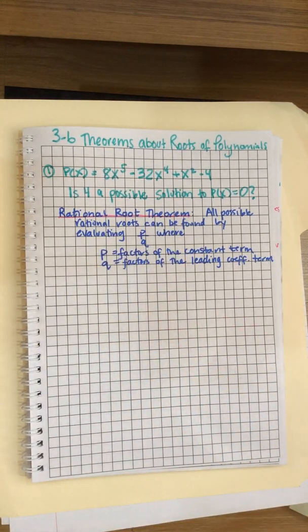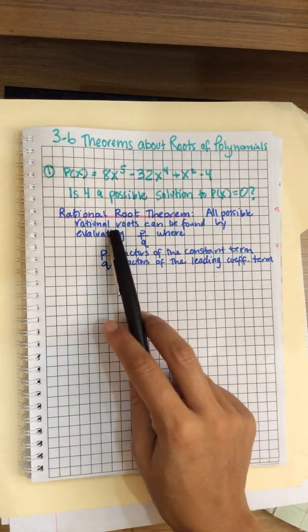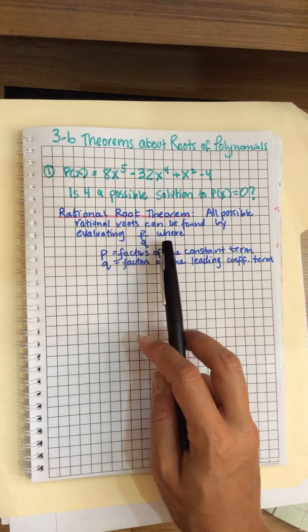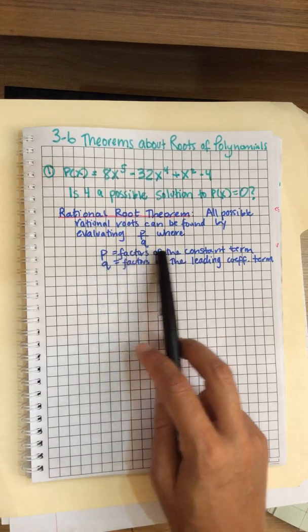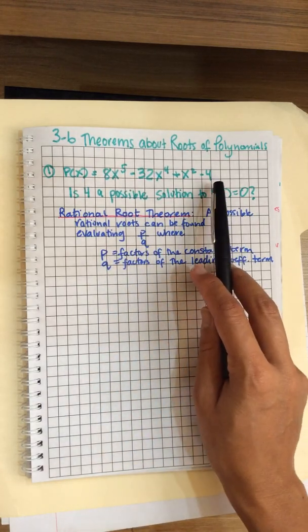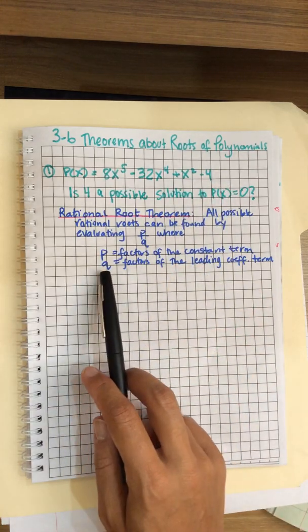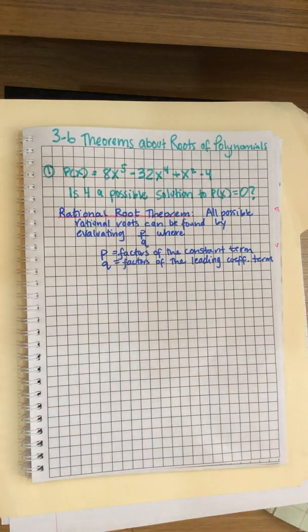So the rational root theorem is not exactly quick. It kind of takes some time, but it's a quick way to check if it's a possible solution, right? Because it gives you the list of all possible solutions. So it says all possible rational roots can be found by evaluating p over q, where p are all the factors of the constant term, so in our case here, negative 4, and then over q, which are the factors of the leading coefficient term, which in our case is